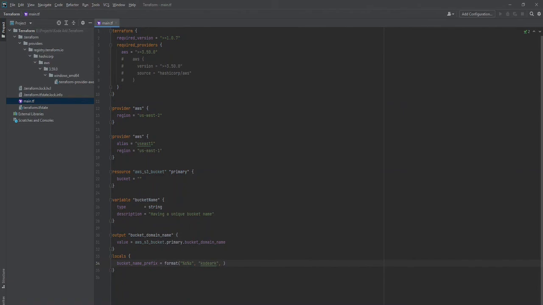The next set of values could be var.bucket_name. Now, if you see the locals section, I have used a combination of hard-coded values plus dynamic values, which are received as part of the bucket name. And now I can reformat it, and that will be used to create the bucket name.